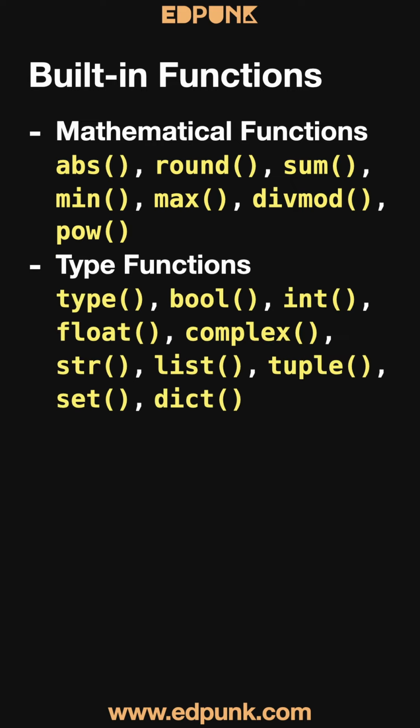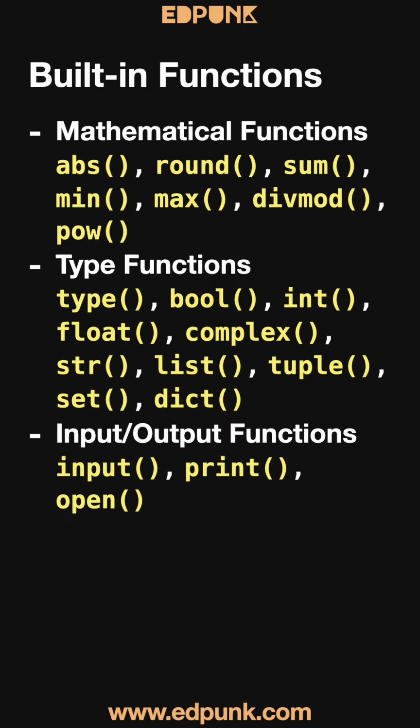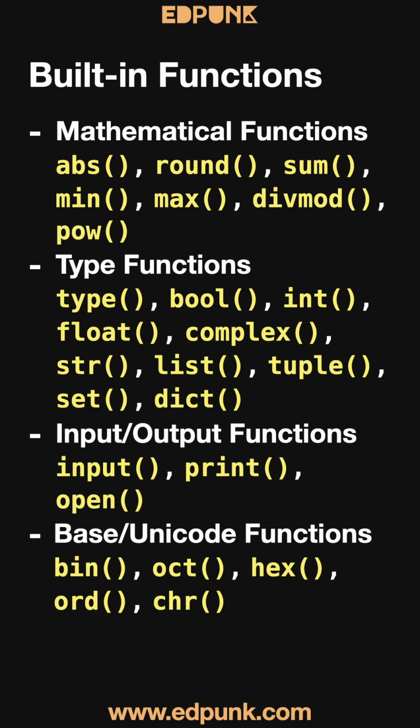Type initialization, checking, and casting can be performed using type, bool, int, float, complex, str, list, tuple, set, and dict functions. Input, print, and open functions are used for performing standard input output and file input output. Bin, oct, hex, ord, and chr are some base Unicode functions that can be used for base or code point